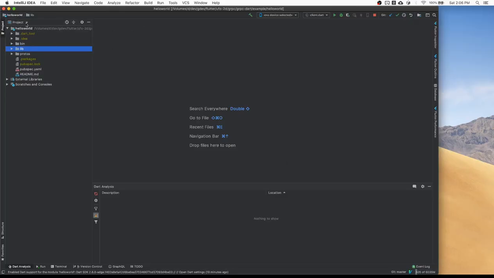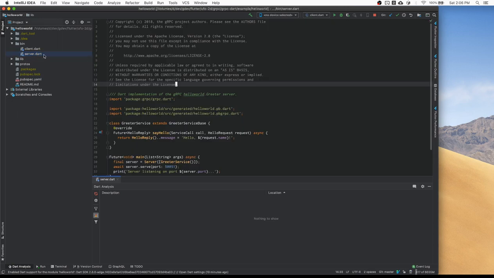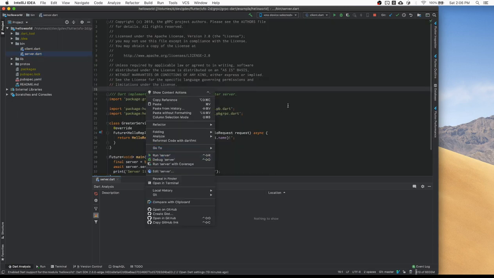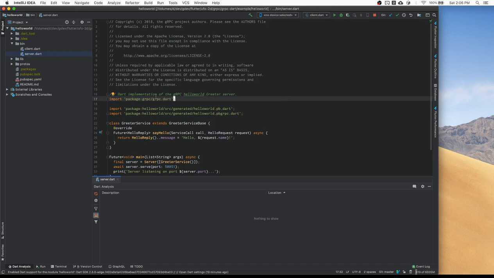So here we have that hello world application open. We have client and server. I already have scripts to run those. If you're using IntelliJ, the way I created those is you can right click and say run server, or you can just have a shortcut to do the same thing. So if you run the server,